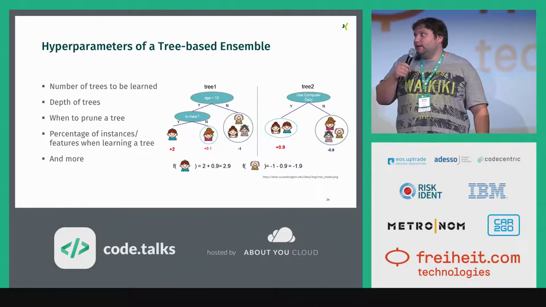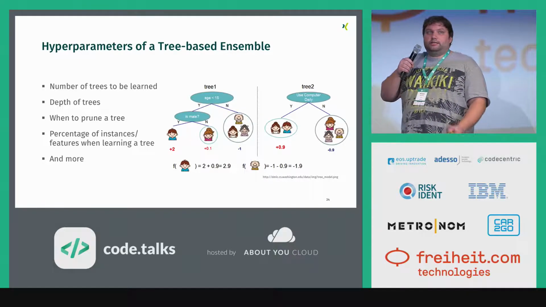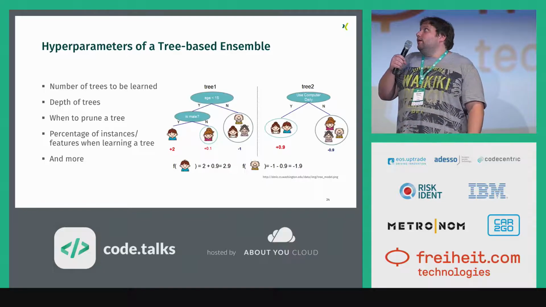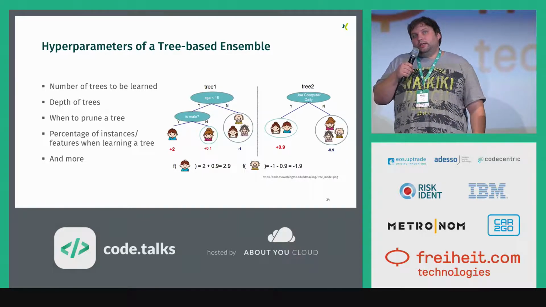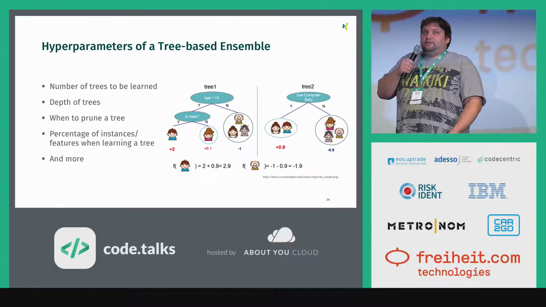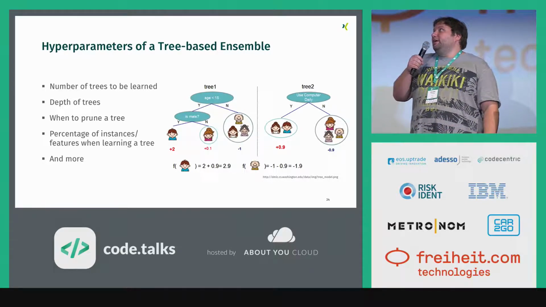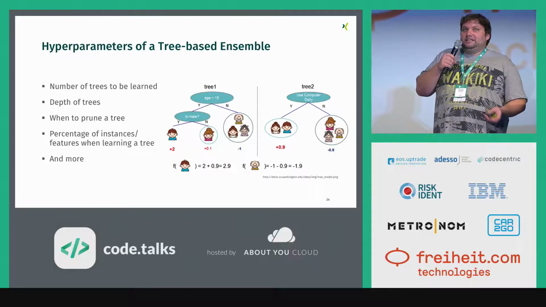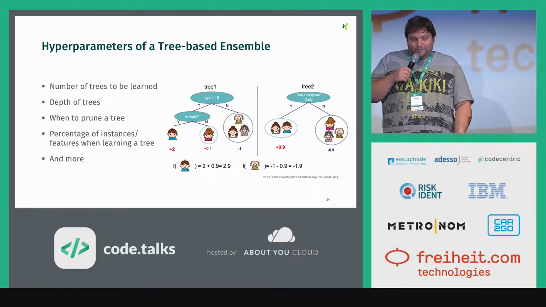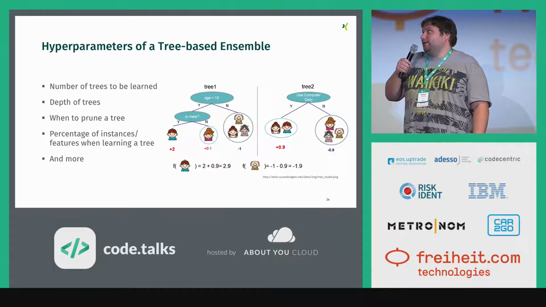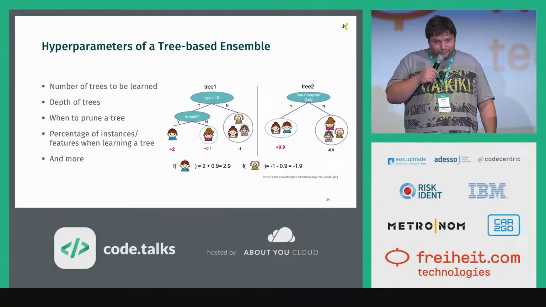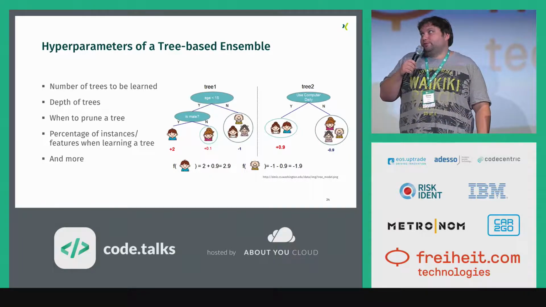You can see on the right, this tree has a depth of 1, it just consists of 1 split. On the left, you have 2 splits. You can also learn 1 tree that has like 100,000 splits, but this usually also is not great. So this is something you need to optimize. And then also some other criteria. I don't want to go too much into detail because time is running out, but for example, when to prune